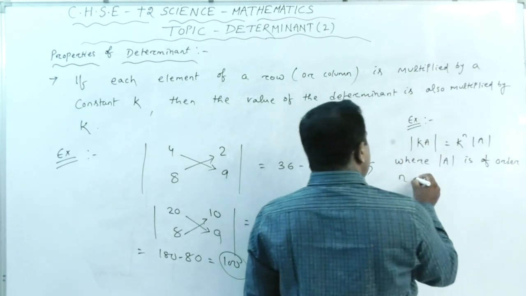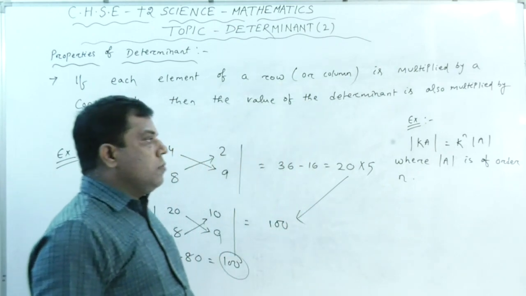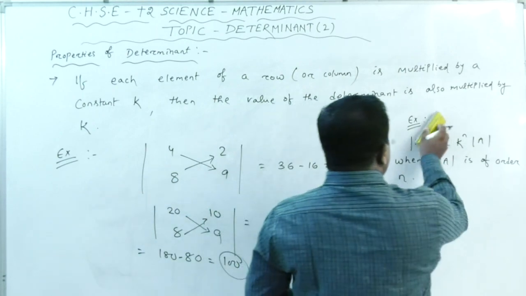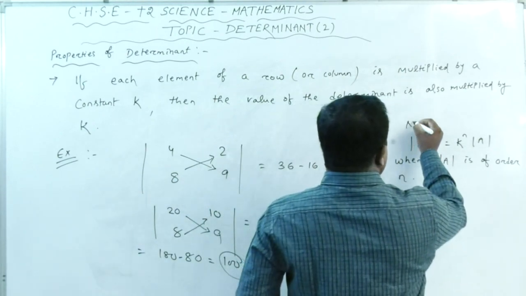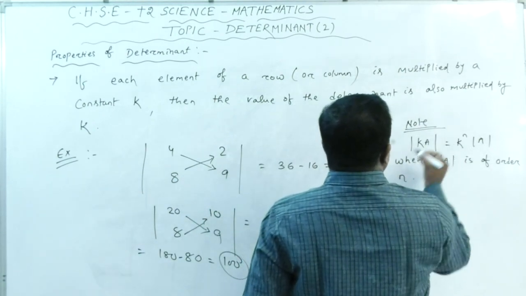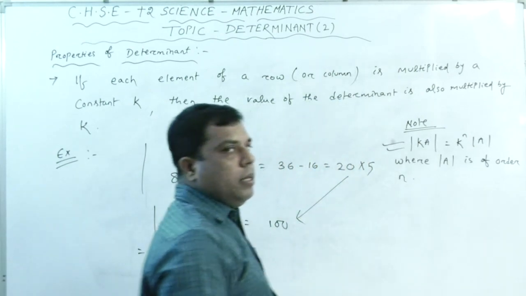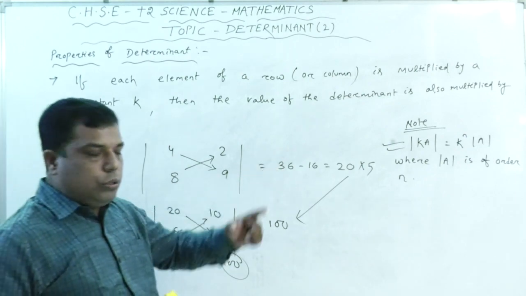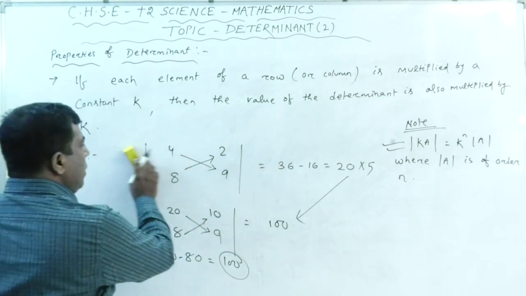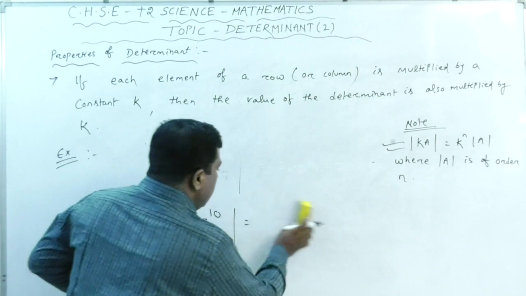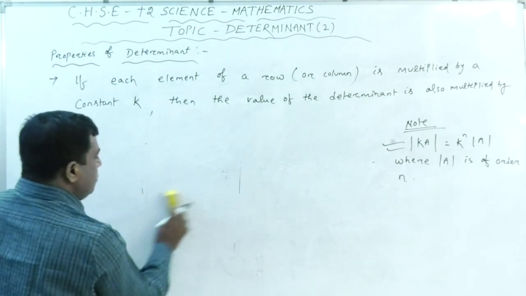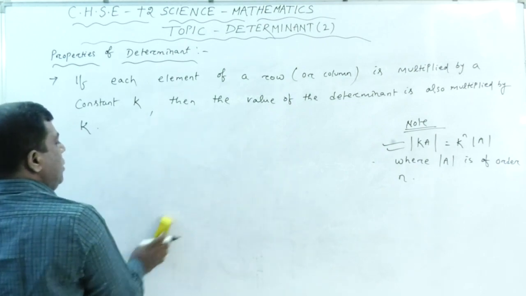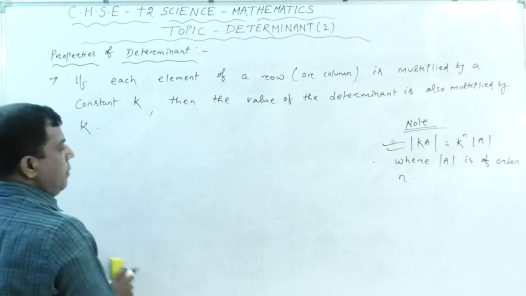Okay, is of order n. Now again we will make a note of this one. It is a note. This is very important from the exam point of view. So what does it mean? Now we will go for that one also. I am cleaning this, and I am going to show you what that property, that note, says. You have to answer in the exam.